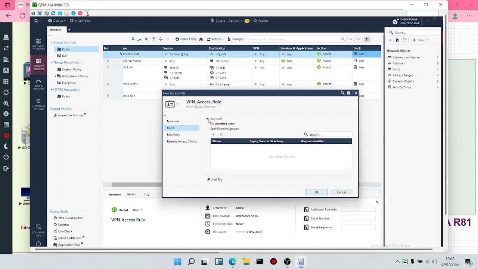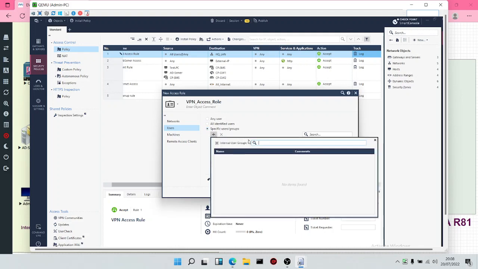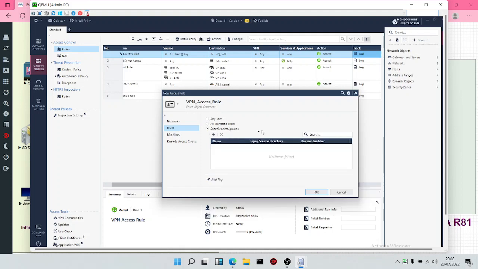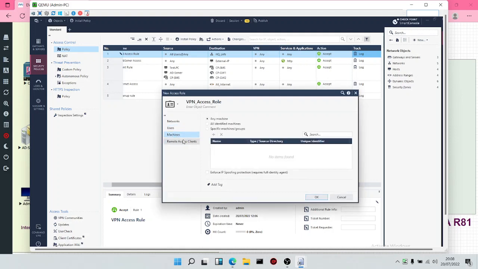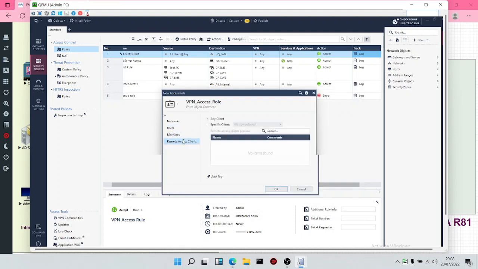Or if this particular firewall has been integrated with your Active Directory domain controller, so if it has been integrated with your AD server, then you can scroll down and select specific users. You click on the plus icon and it takes you to all the users that you have on your Active Directory. But in this case, we'll just leave this as any user. For the machine, it's going to be any machine. And for the remote access VPN client, it is going to be any client. So having done this,